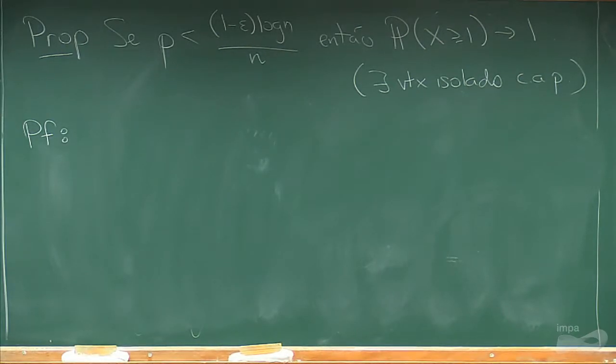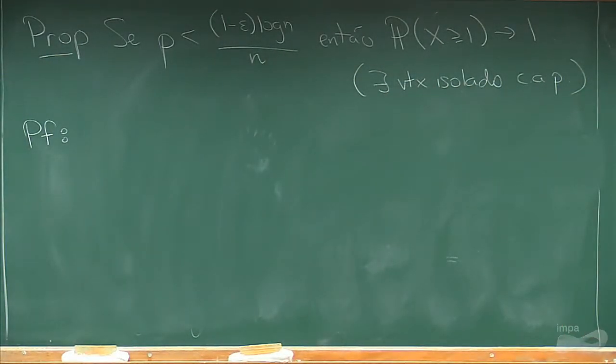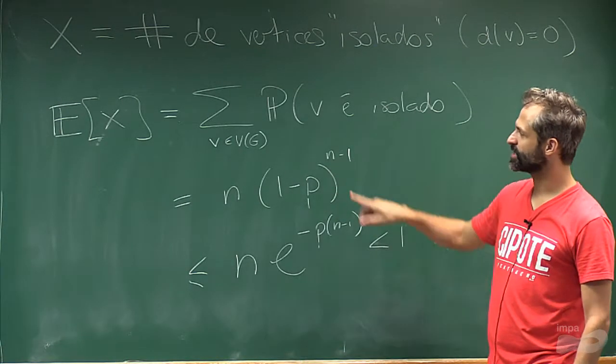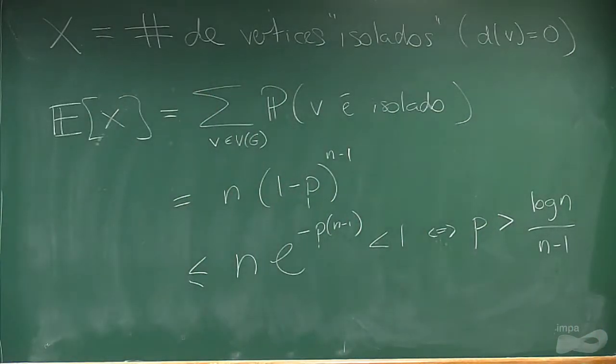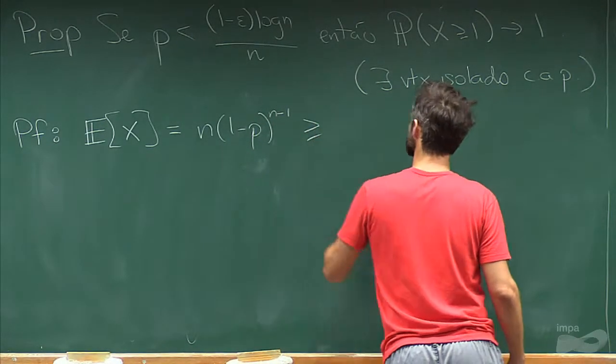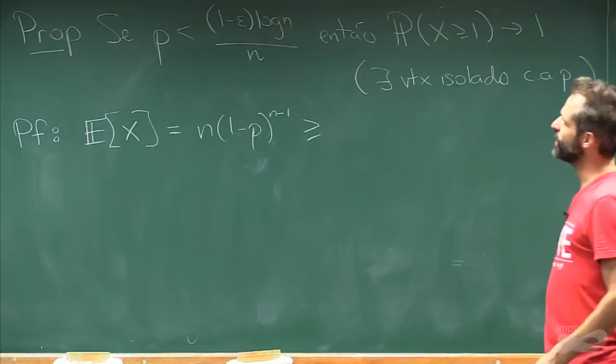So what do you know? When p is roughly this size, what do you know from this calculation? Yeah, this is monotone. So roughly how large is the expectation? So it equals n times (1 minus p) to the n minus 1, which is at least, okay, we should be a little bit careful because we have the inequality the other way around. But p is small,